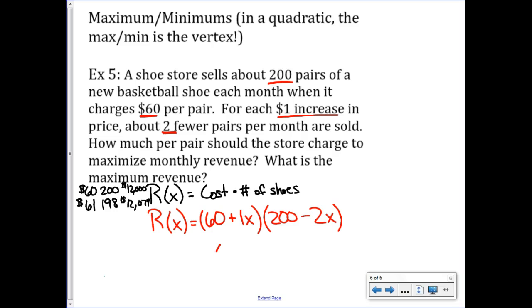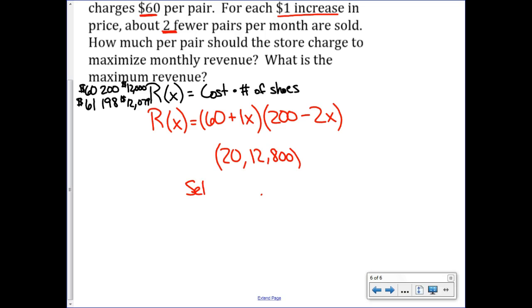You should end up with the point 20 and 12,800. Now, that doesn't mean we're selling the shoes for $20. That means our x value is 20. So if you go look, we would sell the shoes then for $80, $20 more than the 60,